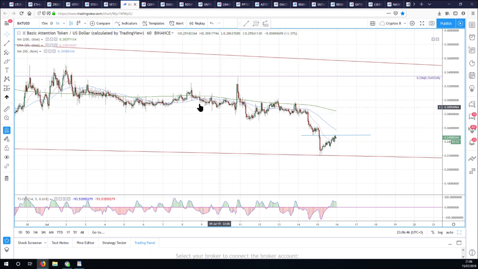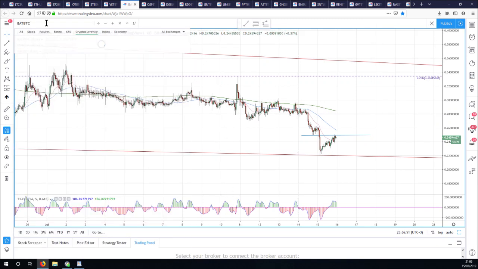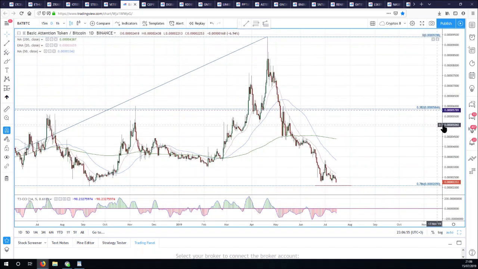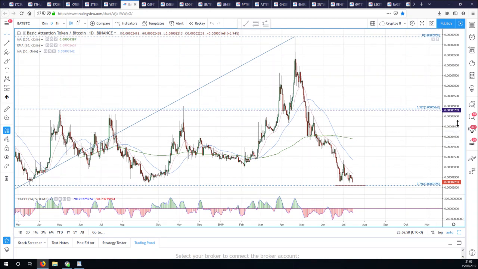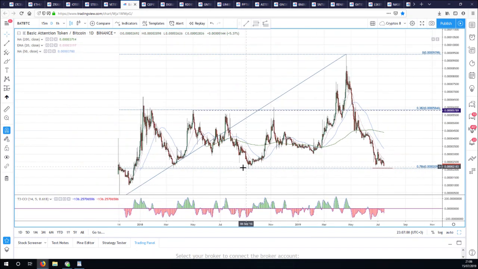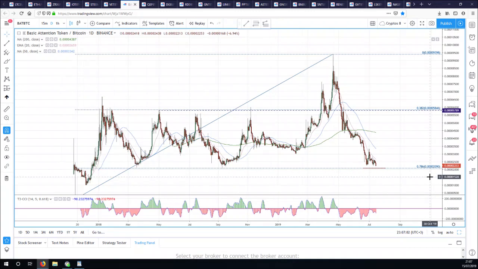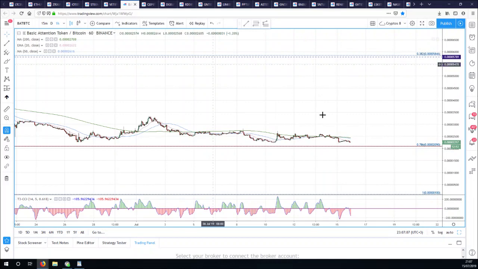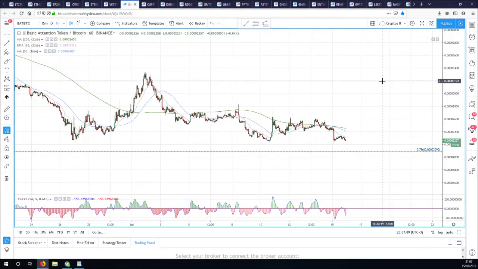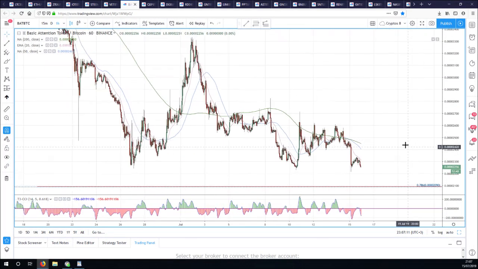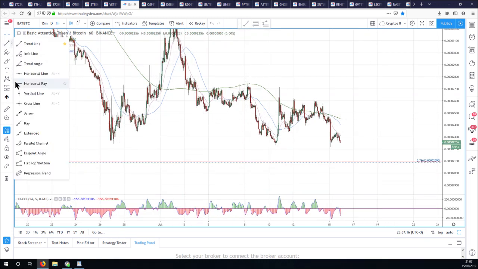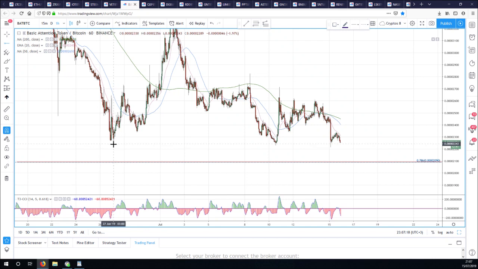Okay, so that's basic attention token dollar. Basic attention token Bitcoin. It's not quite so pretty, is it? I've been looking for it to come back and retest this 786 fib level and this previous double bottom at 2090. Haven't quite got there yet. I think by the time that this July correction is over, that's possibly where we are. There is a bit of a level here that we're hanging on for, isn't it?